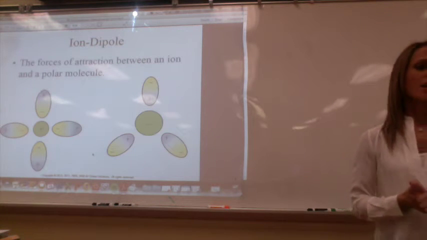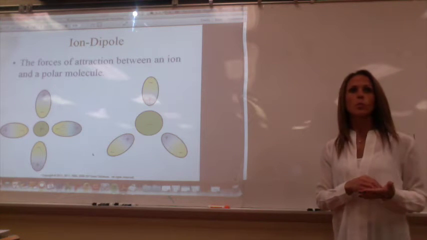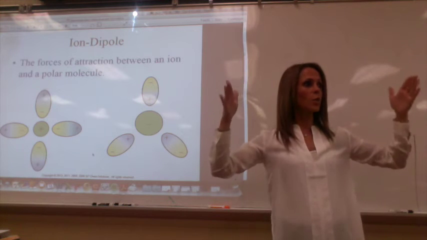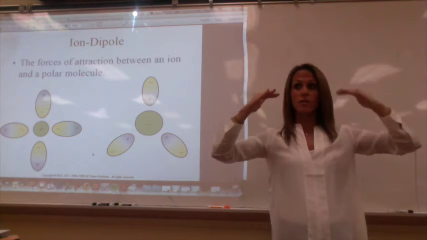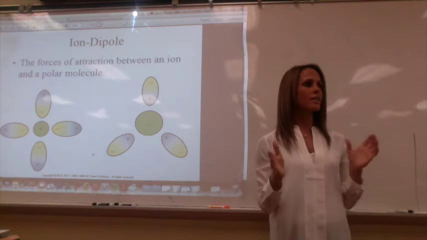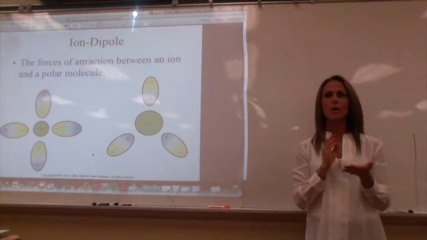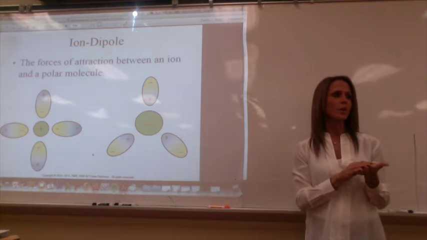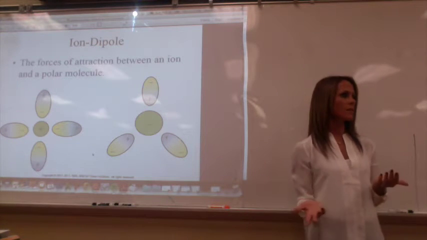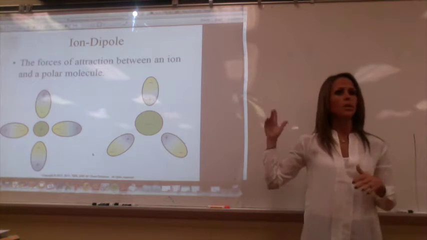All right, so we're going to start with ion dipole, which is not the strongest type of bond. We're going to wrap around all of them, and at the end, I'm going to make you create a note card where you list all of the types of forces and which are the strongest, because you'll always go back to lots of multiple choice questions that say, which of the following has the highest melting point or boiling point? You're just going to look at whichever has the strongest type of bond, and that will be the one that has the highest melting point. So ion dipole is not the strongest, but we're going to start with it.